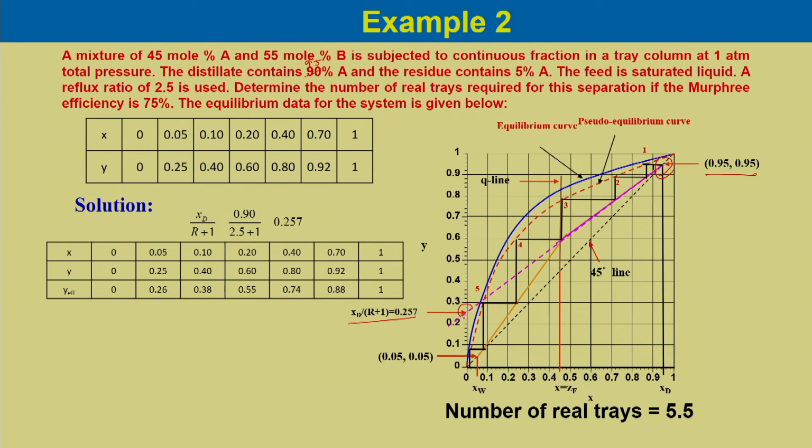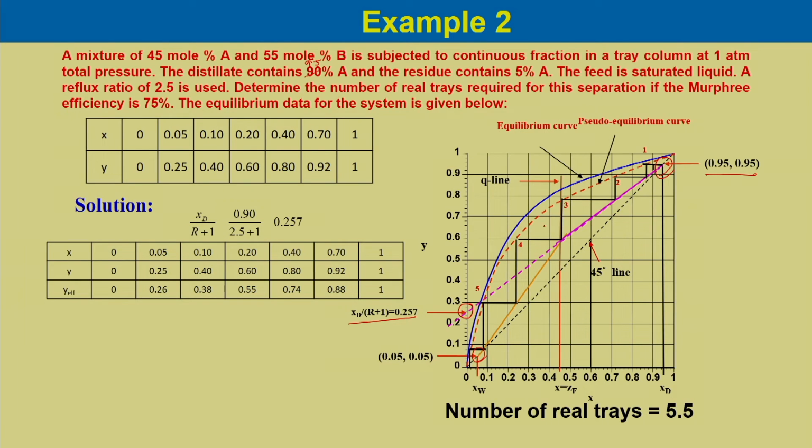So, which is over here. So, intercept, and you can plot the operating line for the rectifying section. The feed condition is given like earlier. So, you can plot the Q line for saturated liquid. So, Q line would be vertical. You know the bottom location, which is 0.05. So, you can have the stripping section operating line.